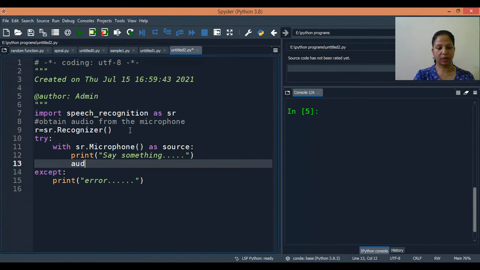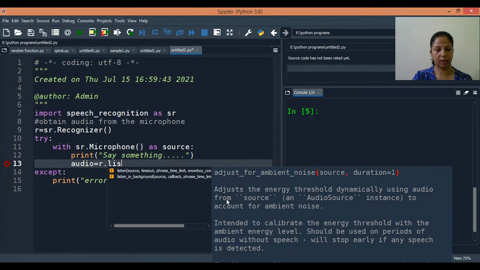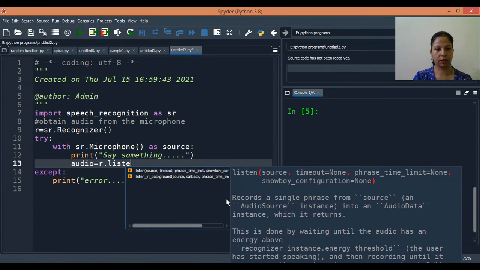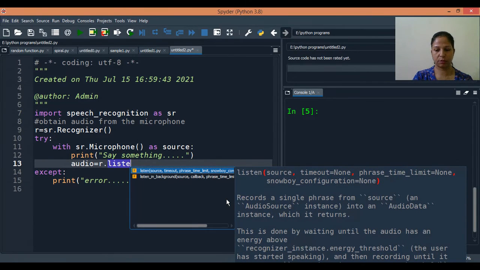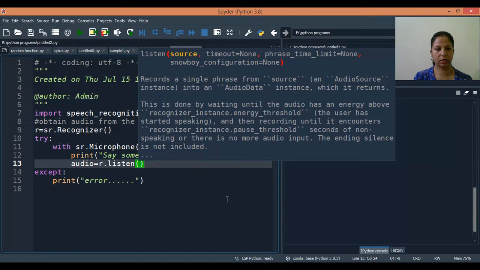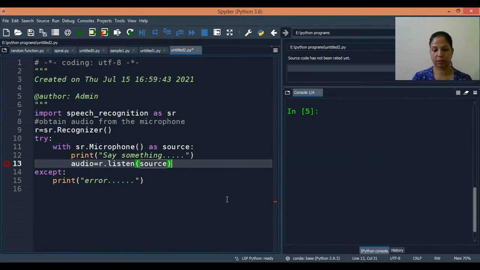Now I'll take a variable, maybe audio, is equal to r, and all the magic in speech recognition happens through this Recognizer class only. So I'll take r dot the listen method, and in this I am using source as the argument.